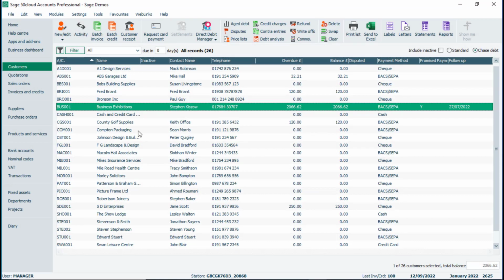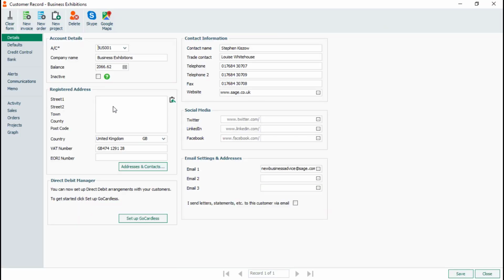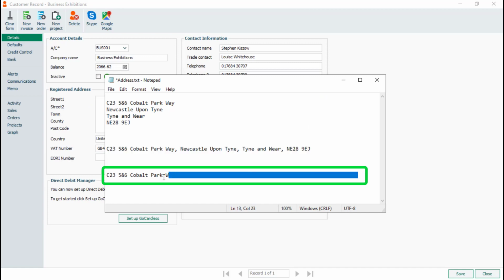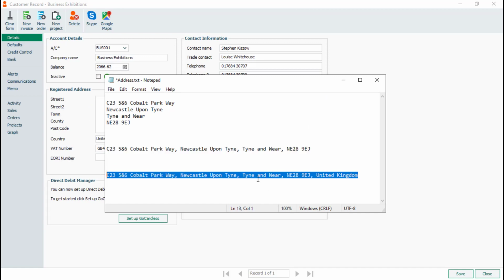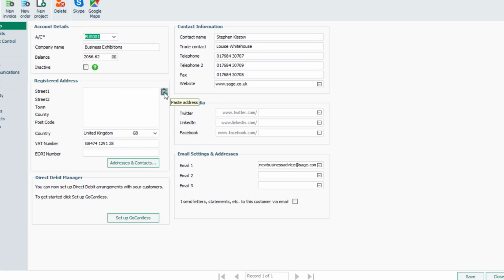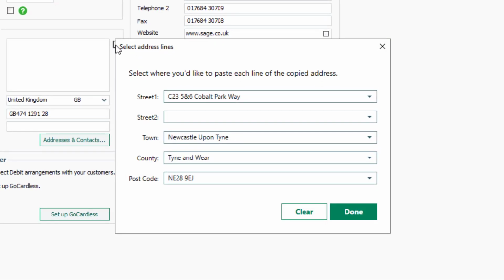Final one we'll demonstrate. If we go back into the record, and then again select our third format address. So this time we've got additional information. We've got the country on the end. We right click, copy it, switch back to Sage, and this time, because we've got more lines or more information in the address than what it initially recognizes for the address field, when we click paste address, we'll get this